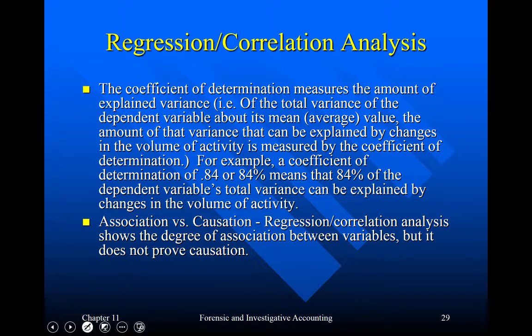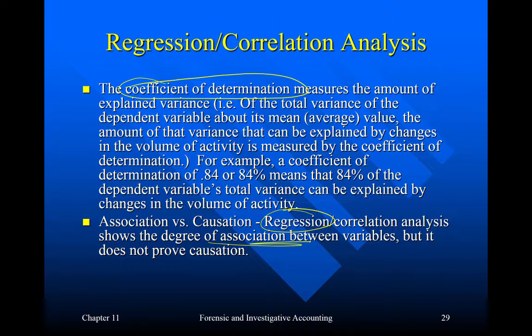So that leads us to our coefficient of determination, which pretty much tells us the explanation towards our variance, right? So this is the amount of variance that can be explained by those changes in the volume of the activity that we're measuring. So if we have an 84%, that means 84% of our dependent variable, that total variance, can be explained with the changes in the volume of activity. Now note that there is an association, not a causation, right? Basically what regression tells us is that the two may be associated, but it doesn't necessarily mean that one can prove another's cause. That's what we're trying to tell the jury or the judge in order to award us damages